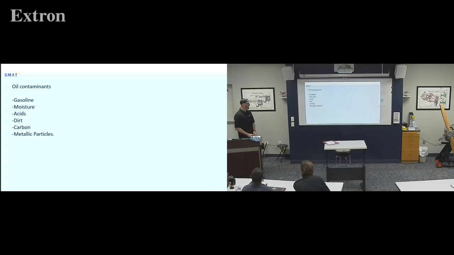And then carbon and metallic particles, hopefully those get caught up in our filter, but if they're really tiny, and we're going to talk about the spectroanalysis here later, they'll still be rolling through your system. So all those contaminants are contaminants,